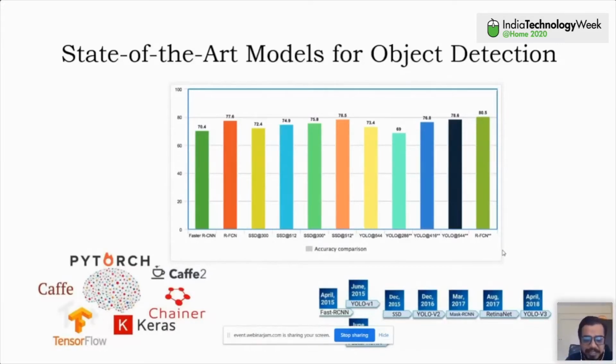So here you can see the accuracy drawn with respect to different image sizes, 300 and 512, with and without, so you can see star marks there. That is with and without augmentation. Right, so the values you can see here are all in a similar range, like 70 to 80, and these values represent the mean average precision of the model, right? So that's the evaluation metric we consider for these object detection models. And based on what we choose,